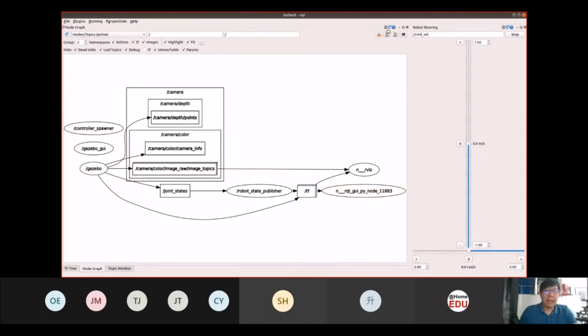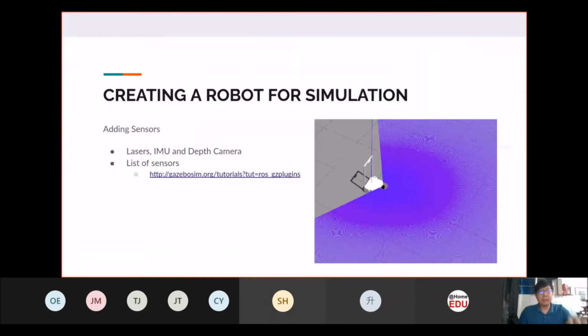When you have all these sensors inputted into Gazebo, you can get their output through ROS. If you follow the installation steps given in slide 8, you will be able to launch the Gazebo ROS bridge.